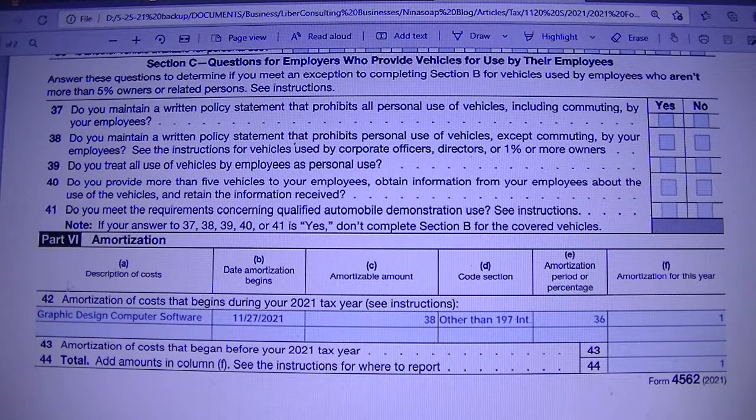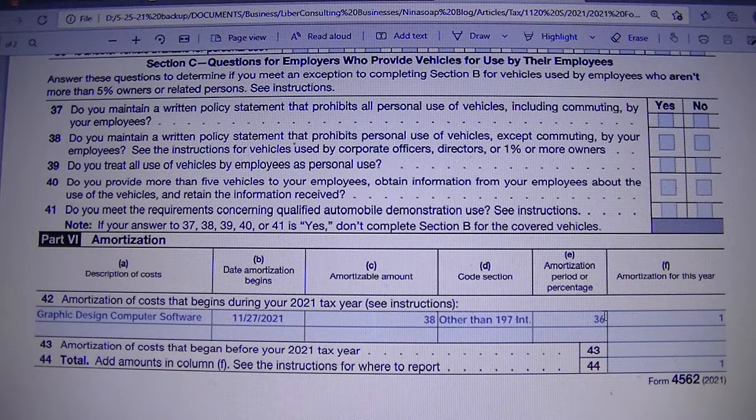So now amortization, we have a software that we purchased, a one-time fee. You pay for it once, and it could be classified as 179 intangible, but it is an exception, so it is not included in that list. So if you go to the instructions for Form 4562, they talk about amortization there, and it was not clear whether you should depreciate it or amortize it because they talk about it under depreciation. But pretty much you use 36 months and straight line,